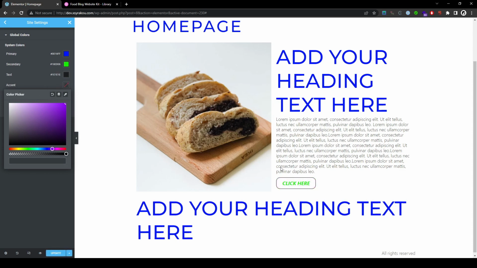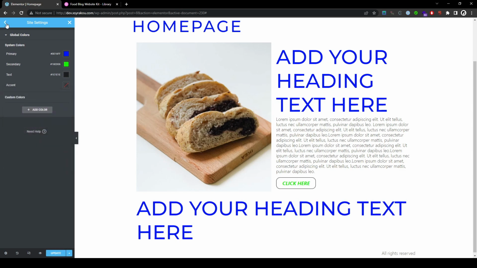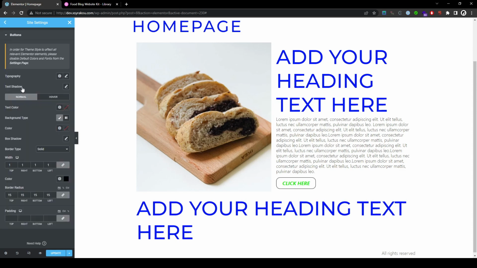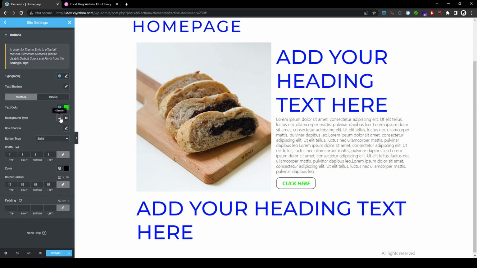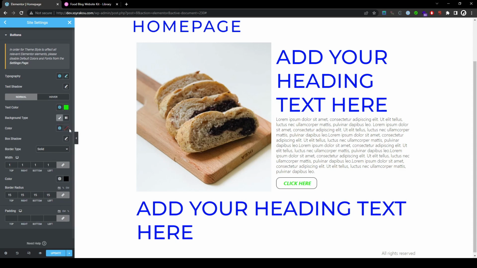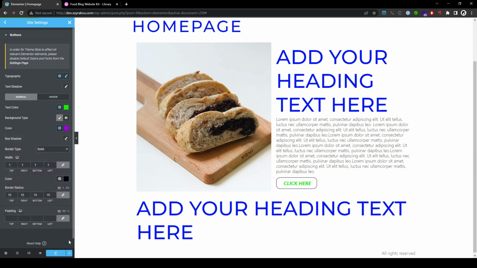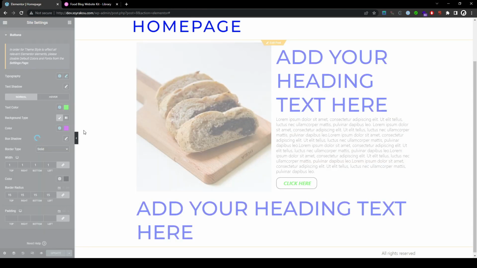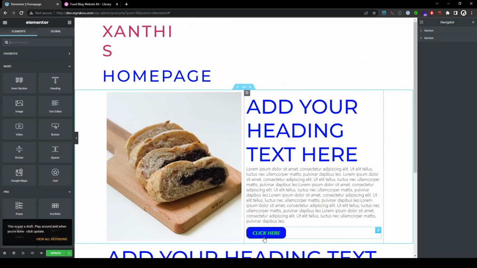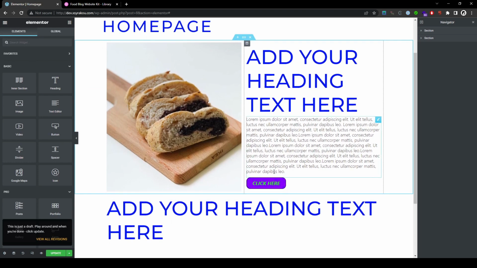Yeah, I remember that. So the accent is actually the background of the button. For some reason it affects it. So let's try this again. Normal, text color, background type, this one. Purple. Yep, update. Back to editor. Now it's purple again, and then when you hover, it becomes blue. So yeah,